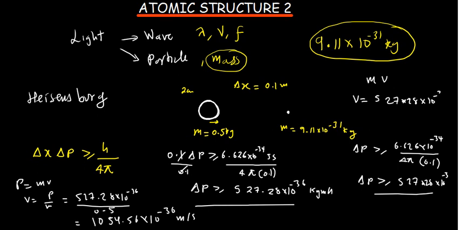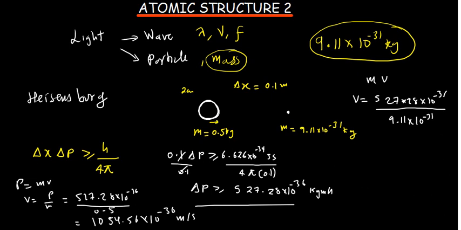Now divide by the mass. The mass of an electron is 9.11 times 10 to the power negative 31. Let's determine its velocity. Divided by 9.11 times 10 to the power negative 31, this has given me a velocity of